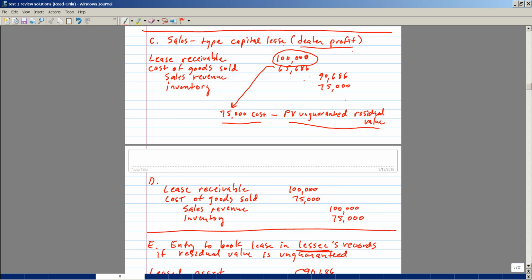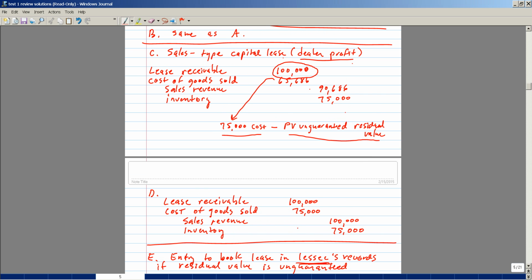but the only difference is that the residual value in C is unguaranteed, the residual value in D is guaranteed. And so you can see that the sales revenue account credit differs. The difference here is attributable to, in this case, the unguaranteed residual value is not a component of minimum lease payments, so it's excluded from this credit to sales revenue. In this case, the residual value is part of the minimum lease payments, and so it's included in the credit to sales revenue account